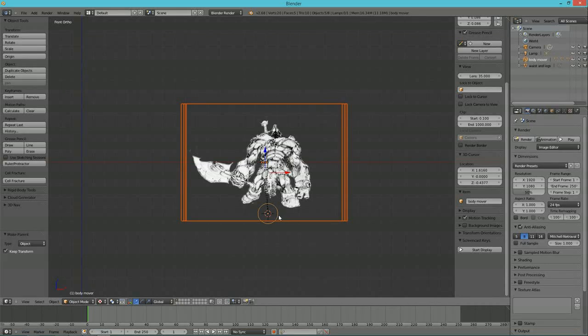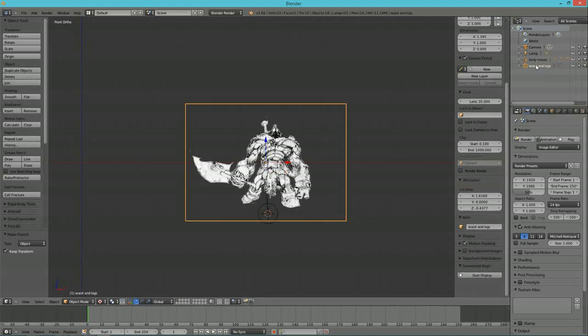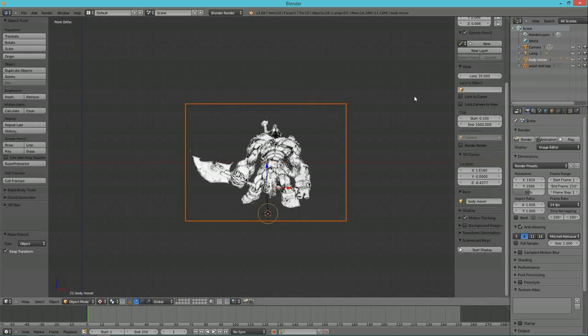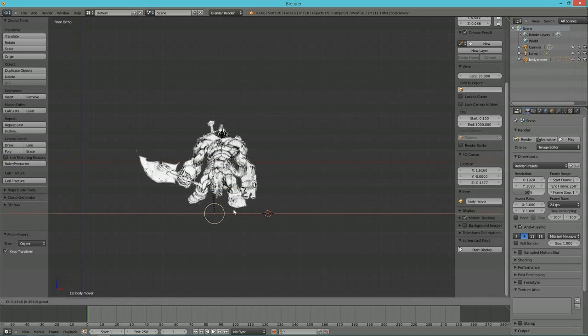So basically, whenever we select this, oops, I didn't select the arms and the legs, so we're going to select that again, hit Control P again, and now basically this body mover is empty. Wherever we move this,